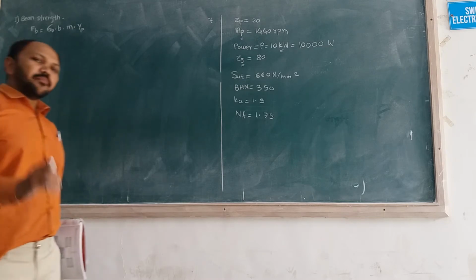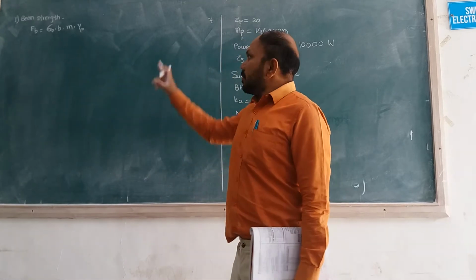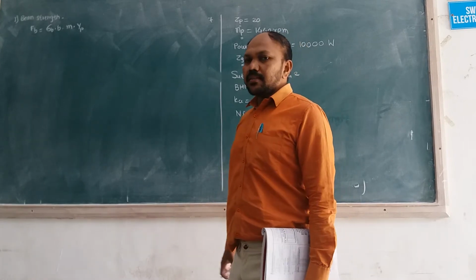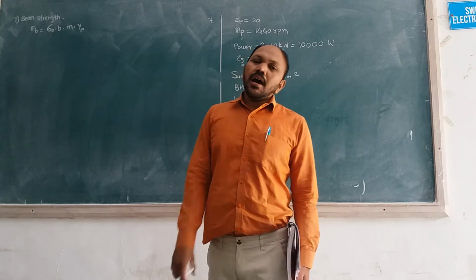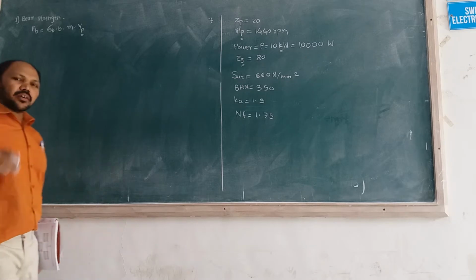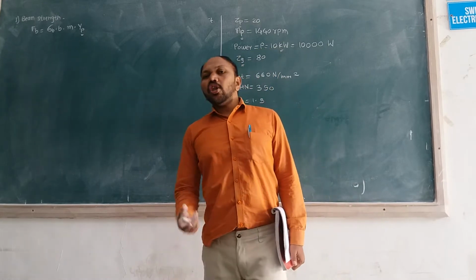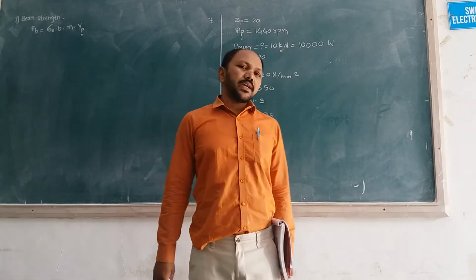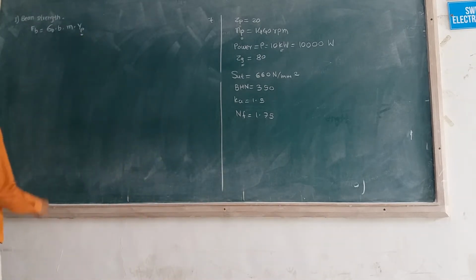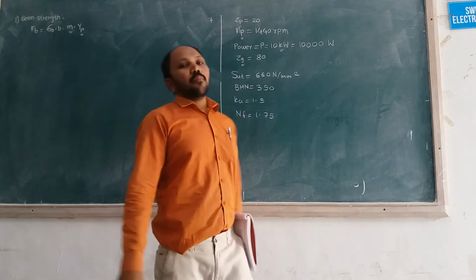So our equation is Fb is equal to sigma b into b into m into yp, where sigma b is the bending stress, b is the face width, m is the module, and yp is the Lewis form factor. Here I have directly written suffix p. Why? Because I already told you that the material is the same, so no need to compare. The pinion is always weaker than the gear, so here we substitute the pinion value, that is yp. The module is not known, so we calculate this Fb in terms of module.